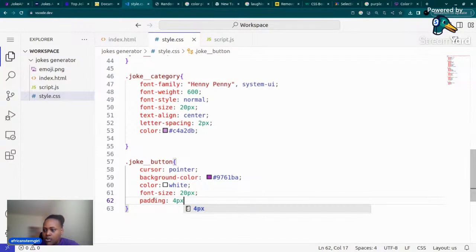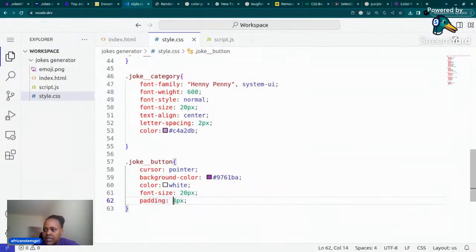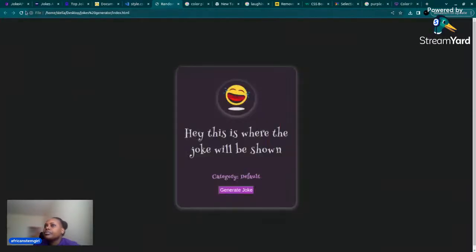We see how it's looking. Yeah, that's not so bad. I can increase it a little bit, 6px. Okay, so this is just the space around